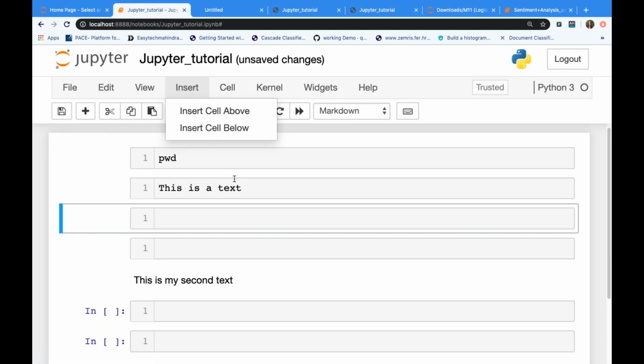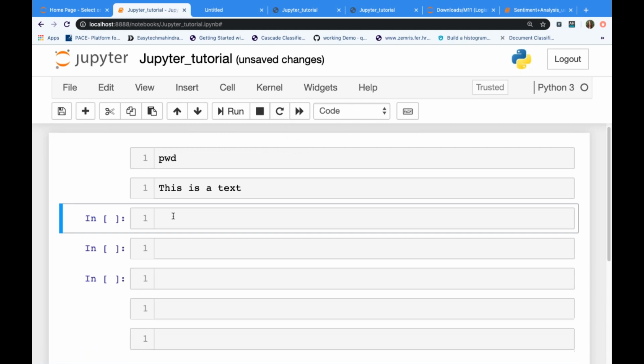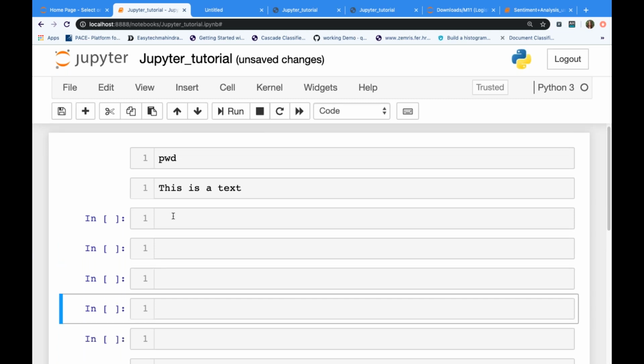So initially, no need to remember the shortcuts. You can always use these tabs. But for each and every operation, you have shortcuts also. For example, if I press Escape and then simply press A, a new cell will be added above the current cell. If I press B, a new cell will keep being added below the cell. Simply if I press D two times,